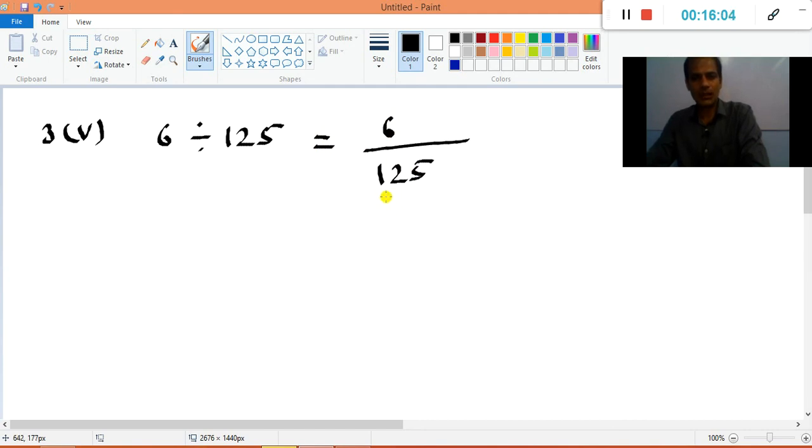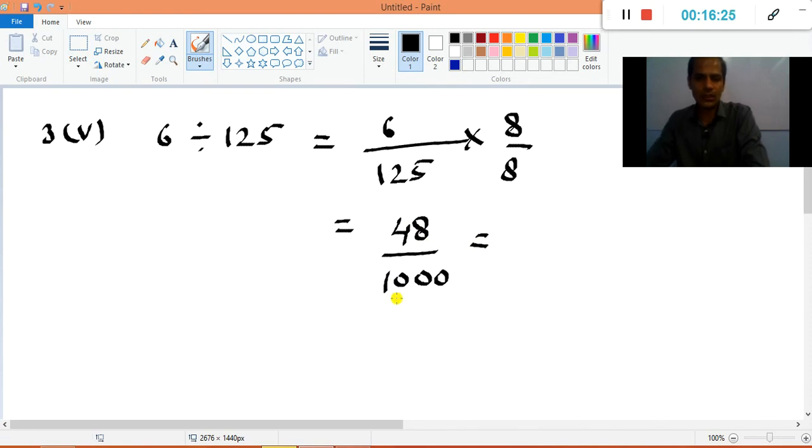If you have practice on the multiplication and tables, you know that अगर हम 125 को 8 से मल्टीप्लाई करें तो ये 1000 बनेगा. Okay, so in the numerator and denominator we will multiply by 8. Numerator becomes 48, denominator becomes 1000, and according to the number of zeros, there are 3 zeros, so write the decimal after 3 digits in the numerator, 1 2 and 3. हम इस तरह से नंबर को 3 डिजिट्स में कन्वर्ट करेंगे and put a decimal over here. So the answer is 0.048.